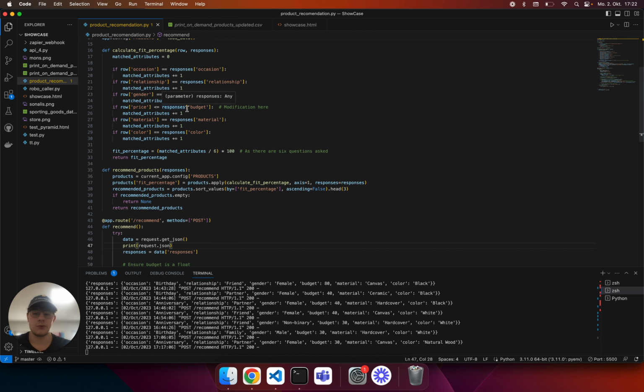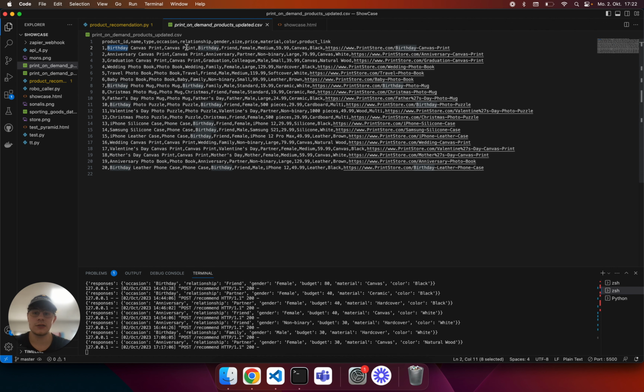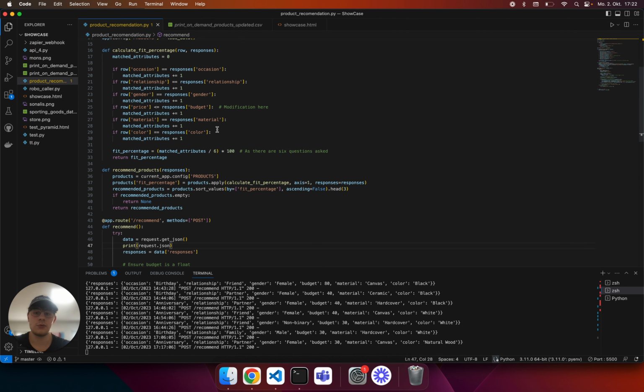For this, it's pretty simple. We just go to each row, and if the occasion of, for example, the first thing is birthday, and the thing we're looking for is also a birthday, then we get +1 point. We always start with 0. And if it's a female and the product is also for a female, then it gets +1 point. And the maximum points we can get is 6, because we have 6 different kinds of questions, and if it has lower points, then it gets like 4 or 2 or 0, and only the one that fits the best and is the highest